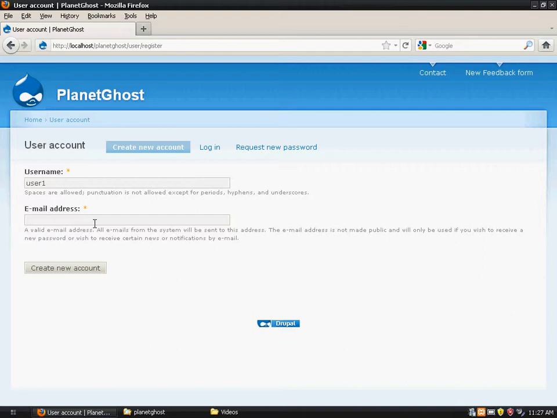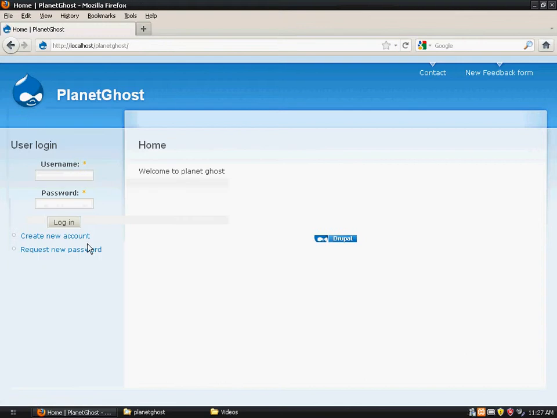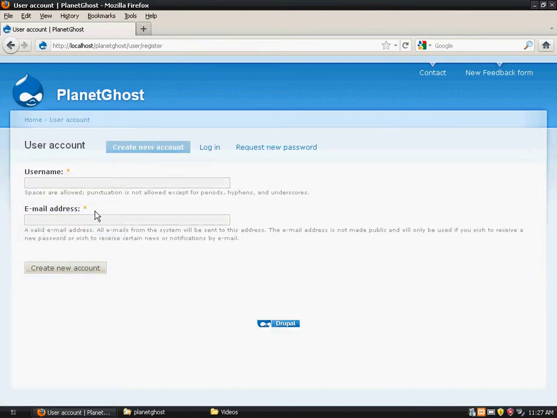He will get a link. On clicking that link, the account would get activated, and in that link he will get two text boxes where he will type in his password, and he can log in from this particular window. This is how Drupal user management works. This is how a user can register himself.